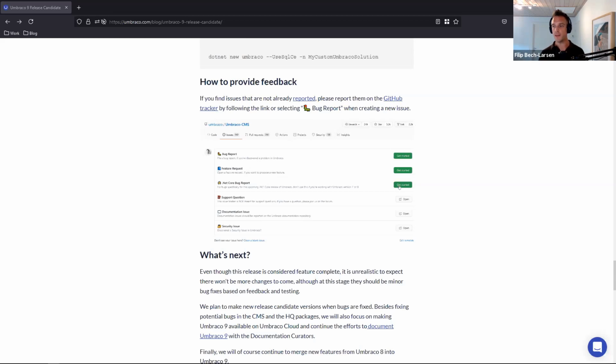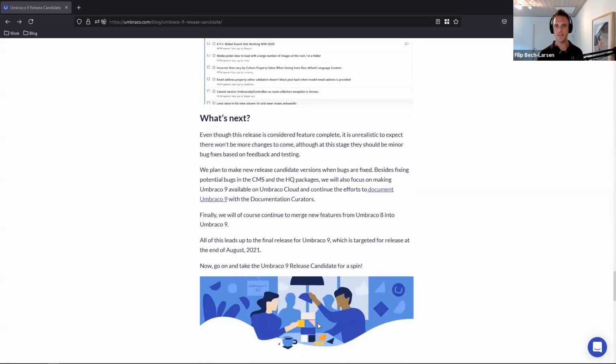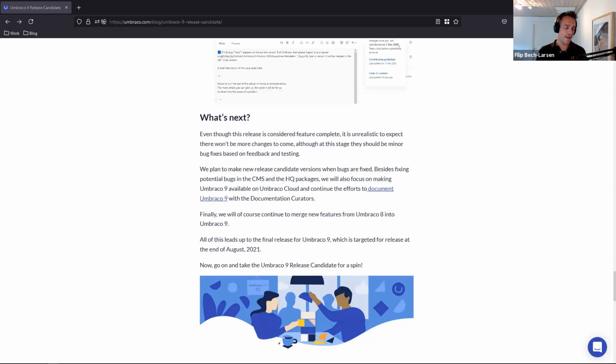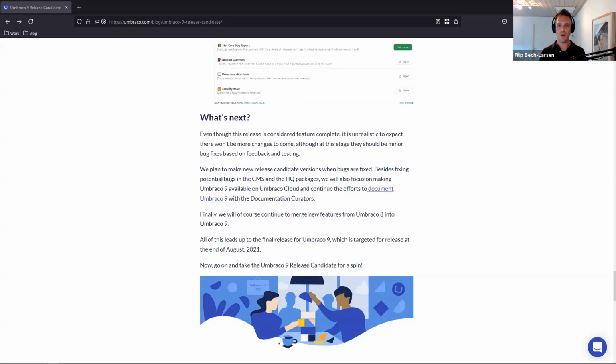Well, as for the date, we are targeting the last week of August as the release date. We haven't picked that date yet, so I couldn't even leak it if I wanted to. But that's what we're targeting right now. And we are saying targeting still because that's how it is when you do a process like this